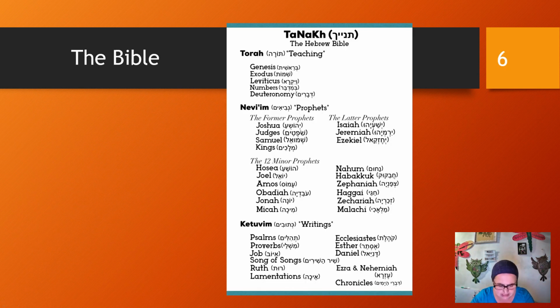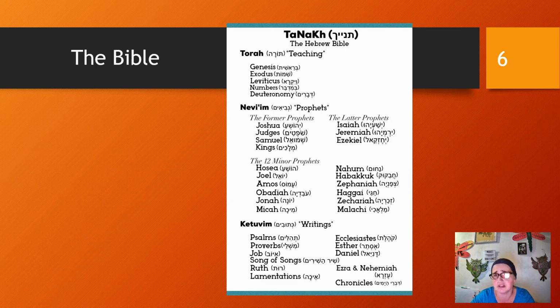Okay, so the Bible itself, remember, is the Hebrew scriptures or the Hebrew Bible, not the Old Testament. The term Old Testament is used in Christian contexts, referring to Christian Bibles. The Jewish Bible is the Hebrew Bible, or the Hebrew scriptures, or the Tanakh, or the Mikra, but not the Old Testament. That is only to be used in Christian contexts, and this is not a Christian context. So the Hebrew Bible has 24 books as it was canonized by the rabbis. So most Jewish Bibles will have 24 books in them.